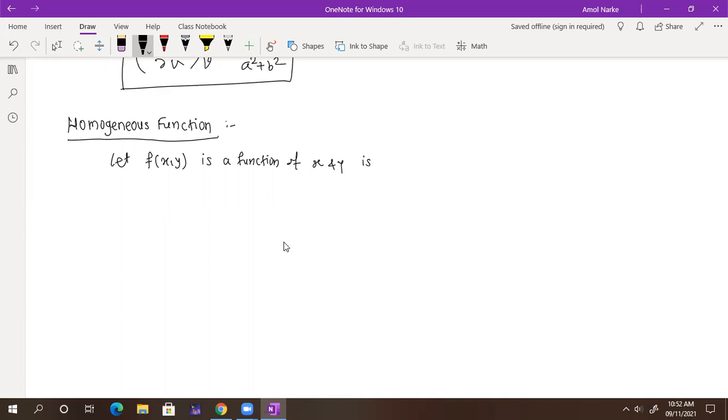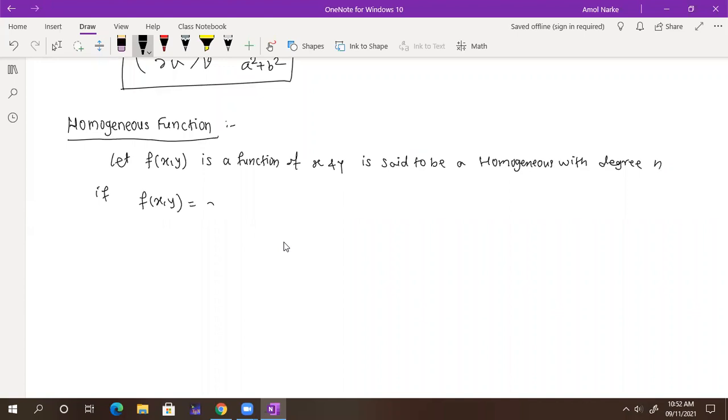It's said to be homogeneous with degree n if you can write f of x, y